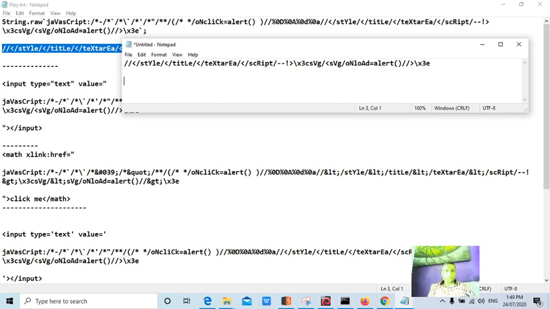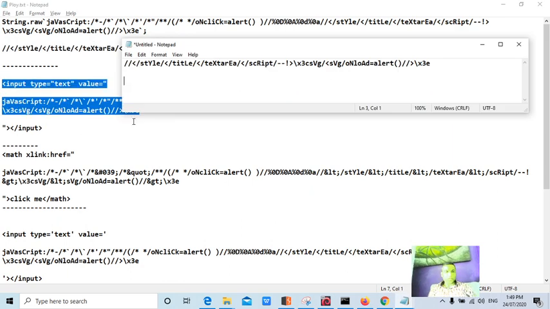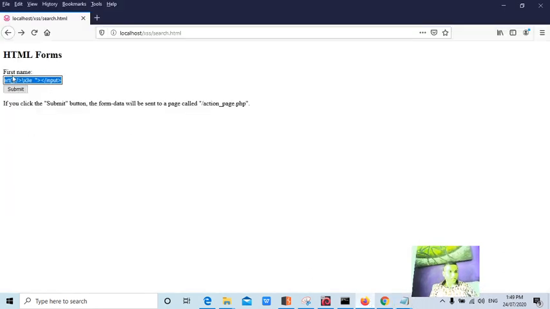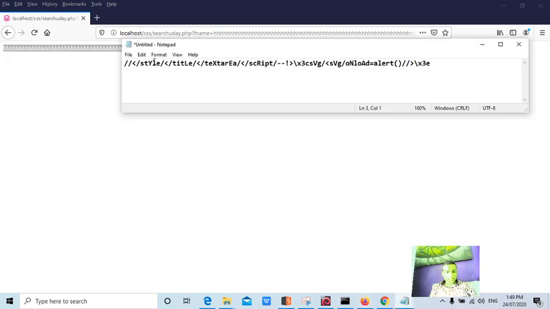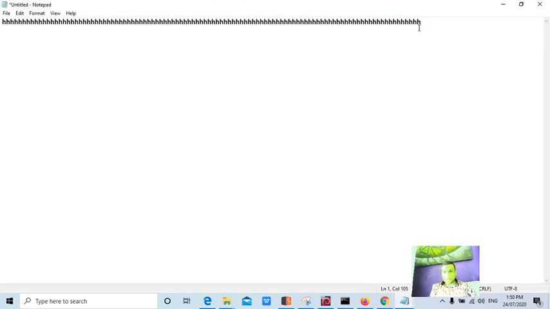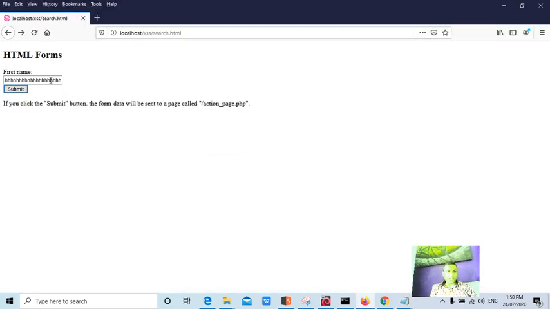The polyglot payloads are a little big in length, so make sure that you try to know the length limit of the particular input field. In order to know, you simply copy the payload and see, yeah, it is reflecting. And what is this length, guys? Simply paste in Notepad to see. Okay, 105 characters. It is accepting around 105, and let's see if it can accept around 200 characters. So I'll copy paste 2 times.